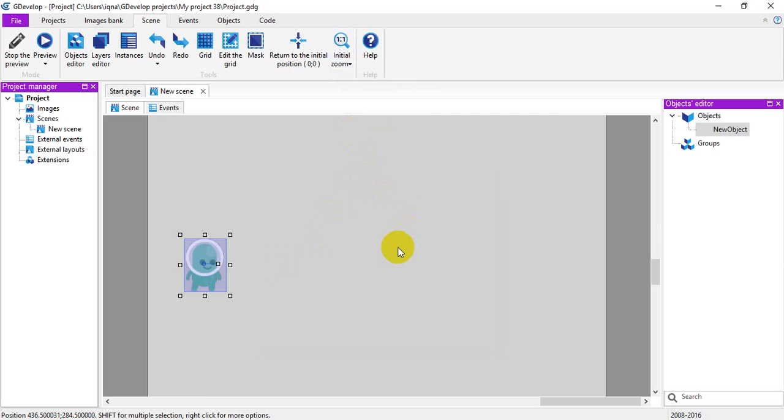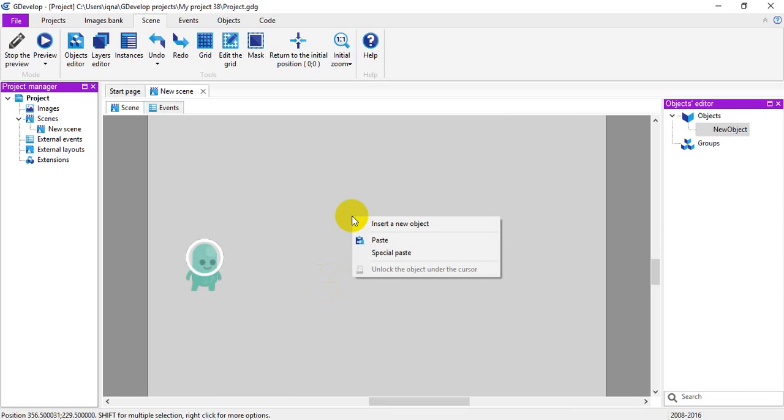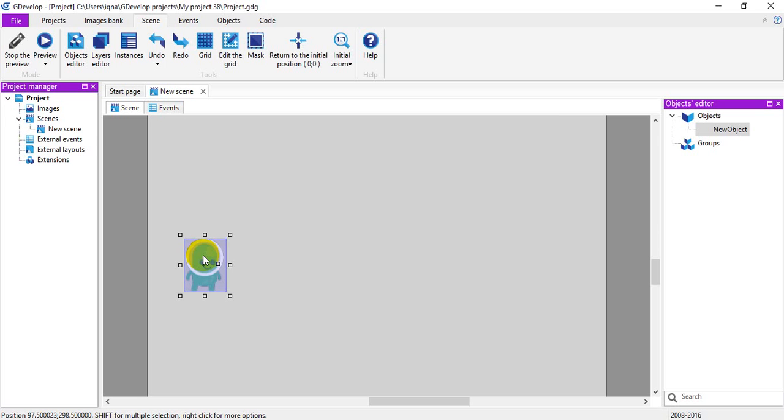So for now, we have to know how to add behavior and how to add properties. You right click on the scene and you can insert a new object. But if it's done already, you just directly click the object and right click.